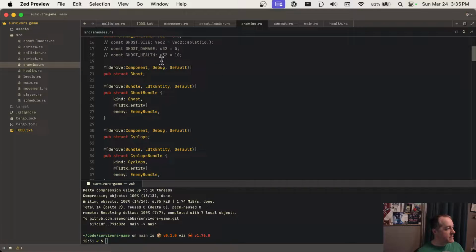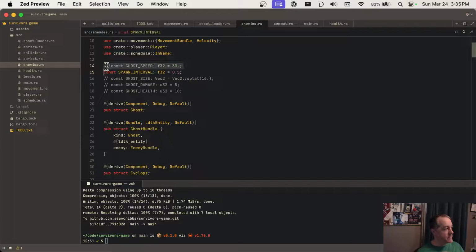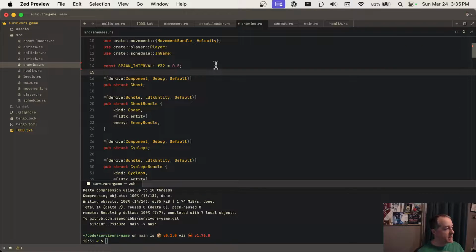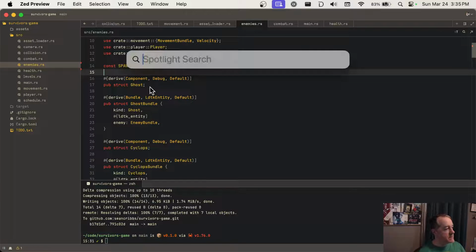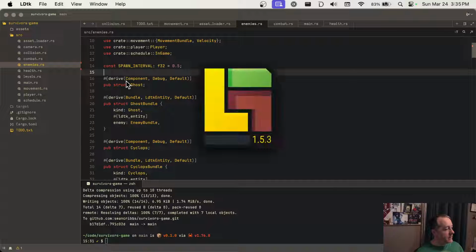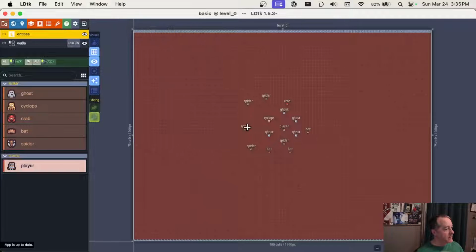Okay, so last time we did more than just the ghost. For so long we've had just the ghost. It was manually spawned. We don't really need that. But then we define them in the LDTK editor, which I should get up here. And yeah, so we define spider, crab, ghost, bat, all as data